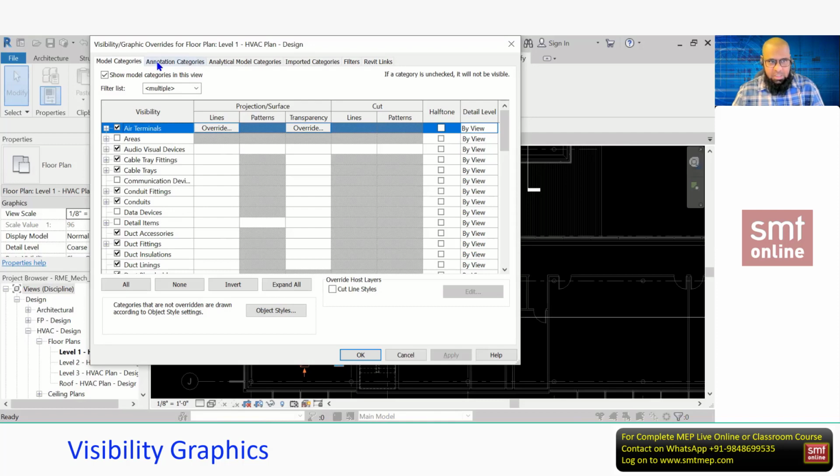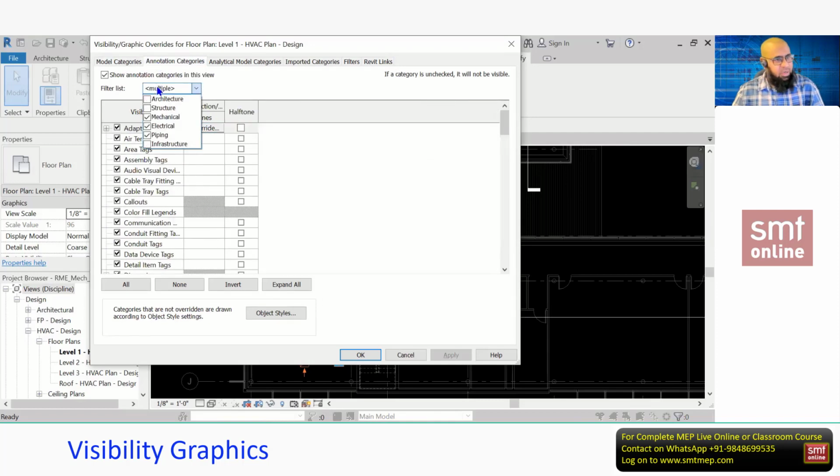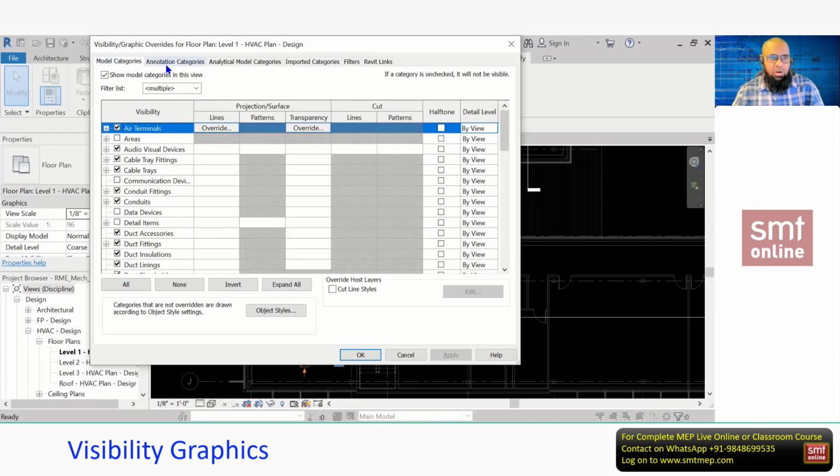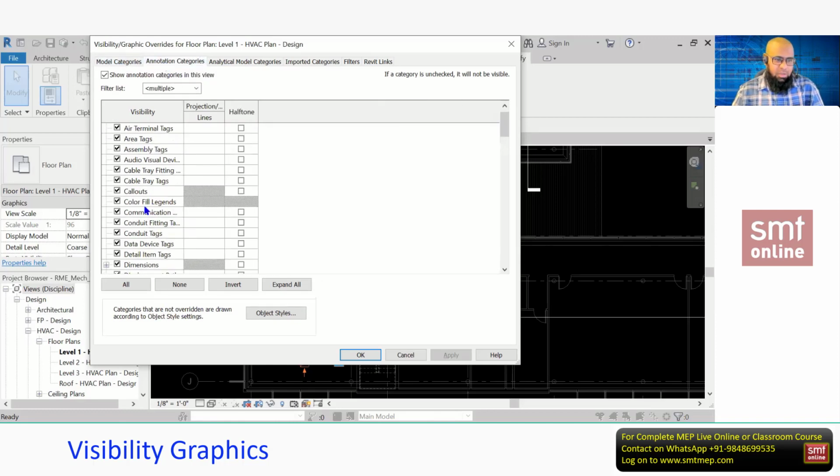Even when I select the annotation category, you can filter the discipline from here, and the halftone option is the same, and the override projection option is the same, but the categories' visibility is different. Here in the model category are the model components, and in annotation, like callouts, dimensions, text, etc., you'll find in this area.